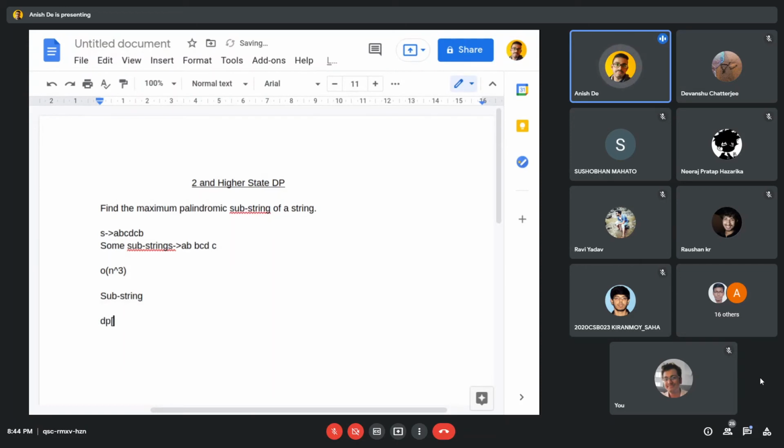So we can define dp[i][j], where i means the starting index of the substring, j means the ending index of the substring, and it denotes whether the substring from i to j is a palindrome or not. Now anyone can tell the approach after this.